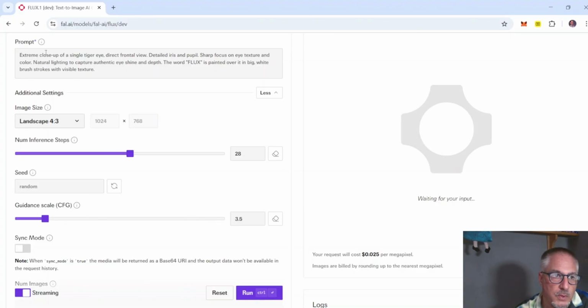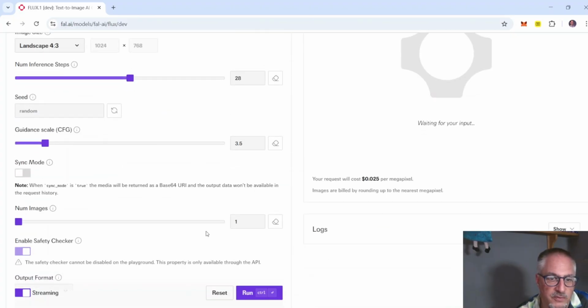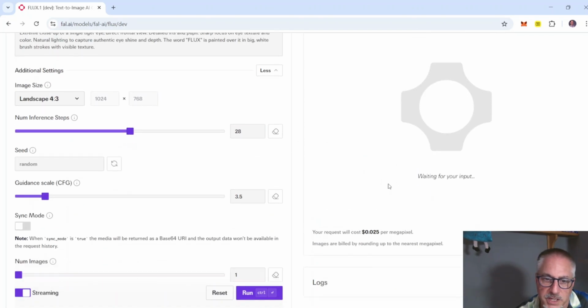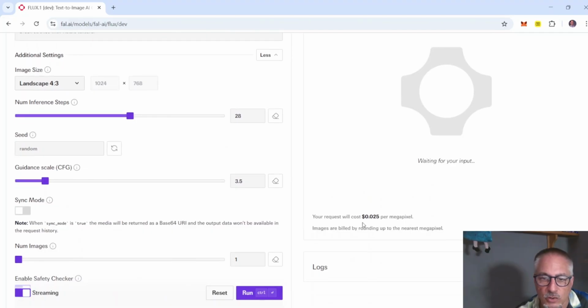But look, we put our text in here, we set our settings, a landscape, the number of images that we want, and we click run, and we'll do that in a sec, and it will go away and create the image here. But I just want to show you here, your request will cost you